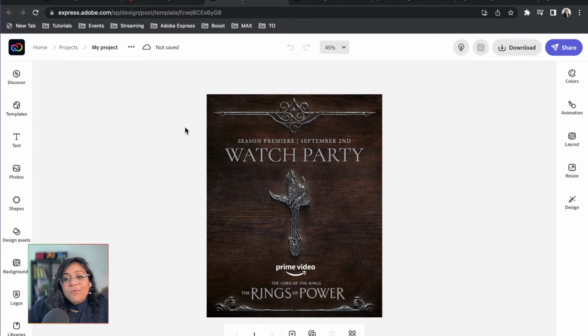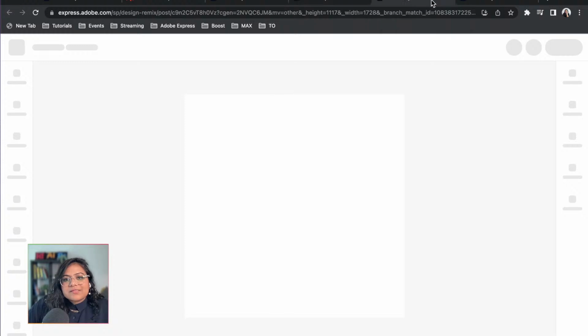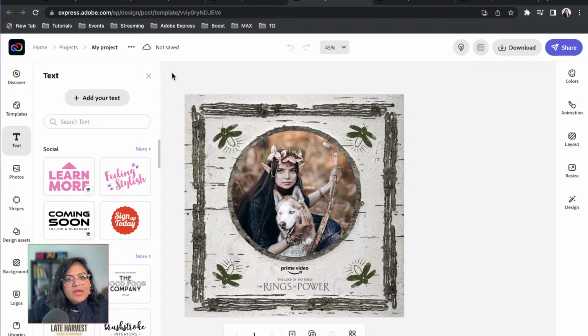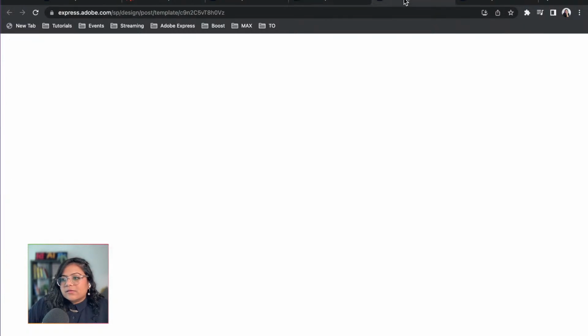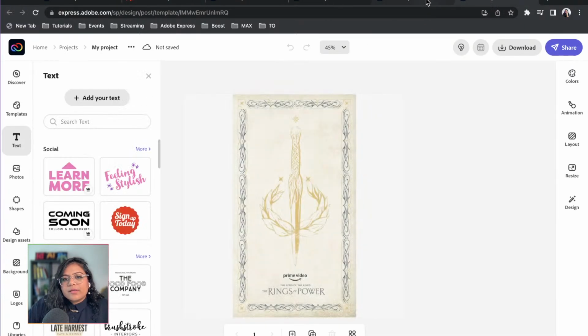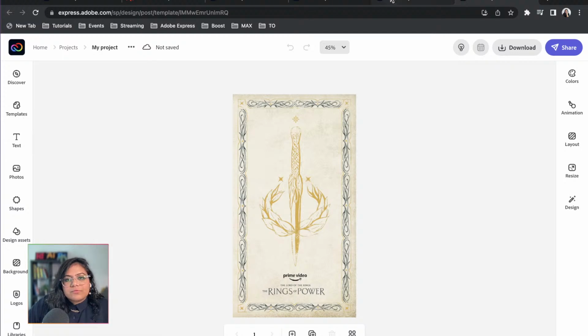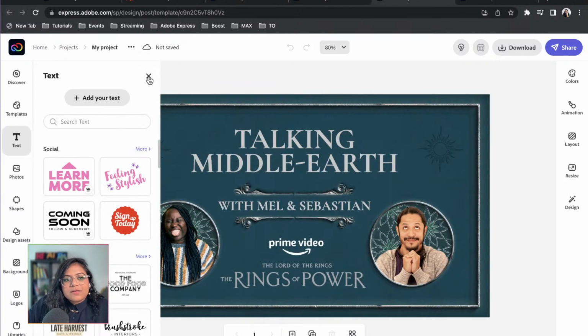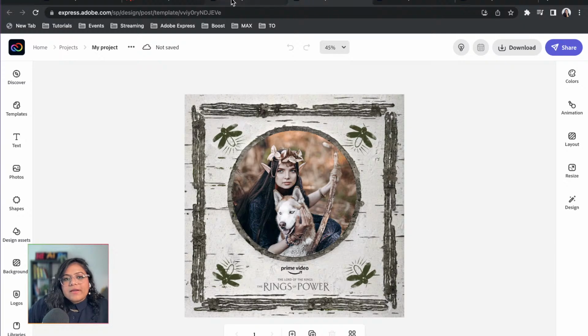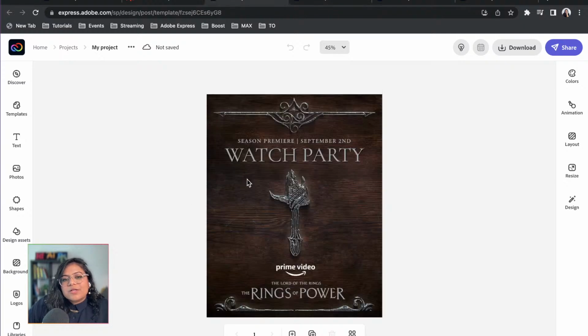Now, this is the watch party template that we have. We also have these other templates. It's taking a little bit of time to load because I feel like the graphics might be too heavy. Yeah, there you go. That's the template. There are more. Yeah, it's taking its sweet time to load. Sometimes that'll do it. All right, so we have this one, which is the watch party template.